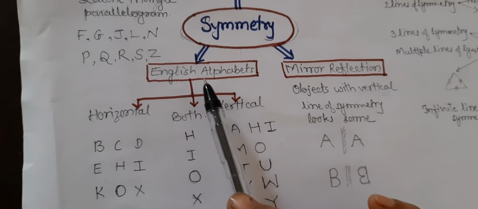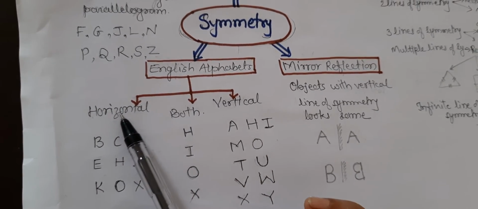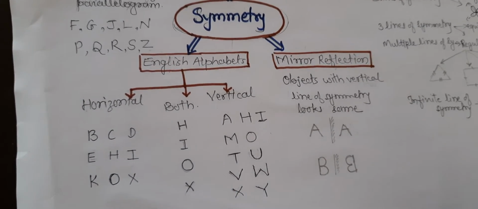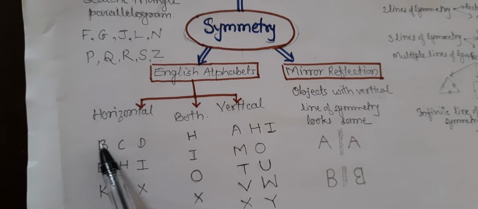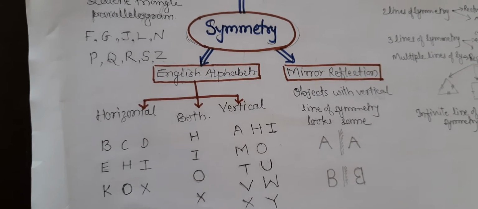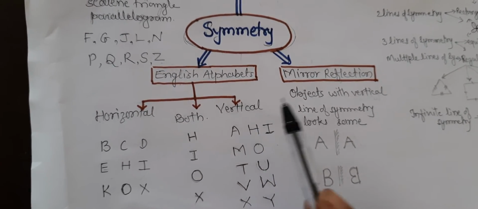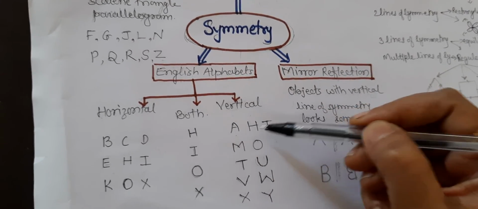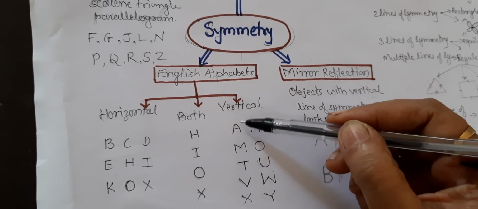Now next, we can see the alphabets which have different lines of symmetry. Horizontal means a sleeping line, that will be the horizontal line of symmetry. For example, B, C, D have the horizontal line of symmetry. Vertical line of symmetry means a standing line of symmetry. A, H, I, if you draw the line like this, they will have the vertical line